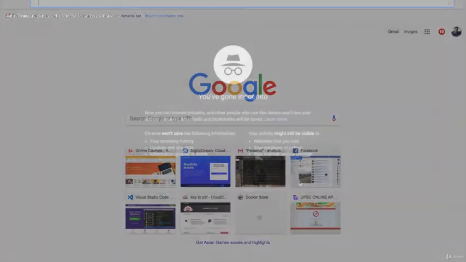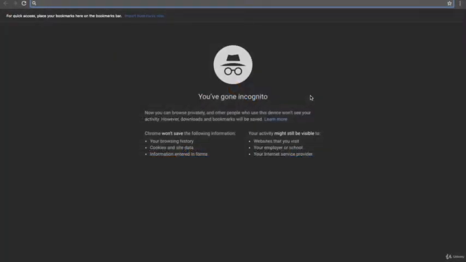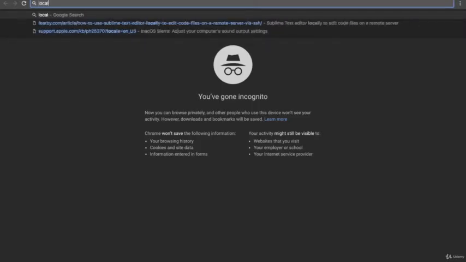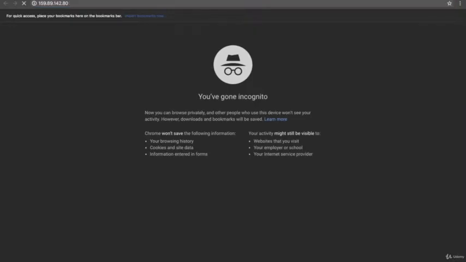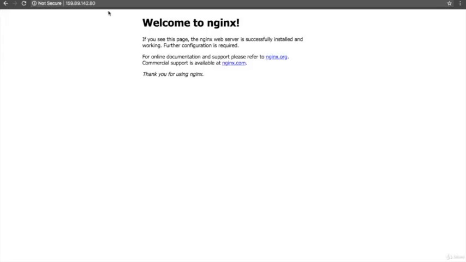So I will open the browser, and as we discussed in the last lecture, if you are running the Docker in your local machine, then you need to insert localhost colon port 80, but I'm using a remote machine, so I need to put the IP of my remote machine. Then colon port 80. So on port 80, I'm able to access the nginx, right? Now we will stop the nginx container on port 80.